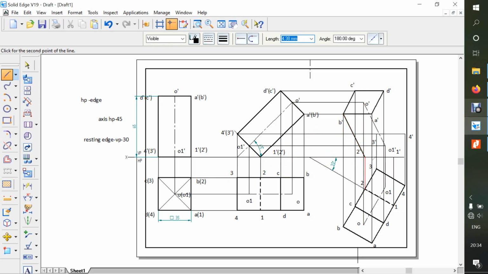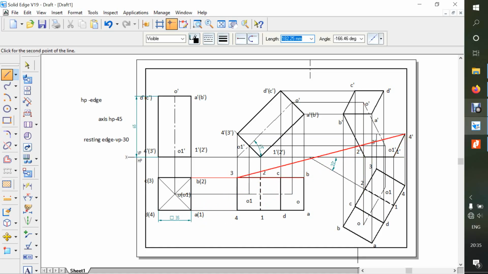Okay, so next from 2, it can go to the 1 or it can go to the A. We can't go with the A, so we'll go with the 1, 2 to 1. So this acts as a boundary. So from 1 it will go to the 4. So that is a boundary. So you can see 1, it goes to the 4.